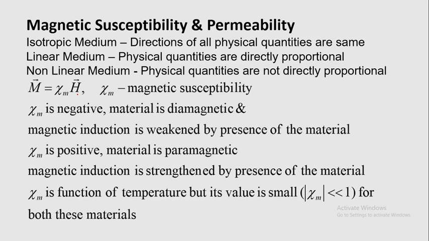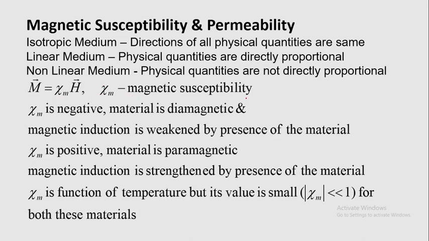So as the external intensity increases, that means the external magnetic field increases, the magnetization of the material increases linearly. They are directly proportional. The constant of proportionality is called the magnetic